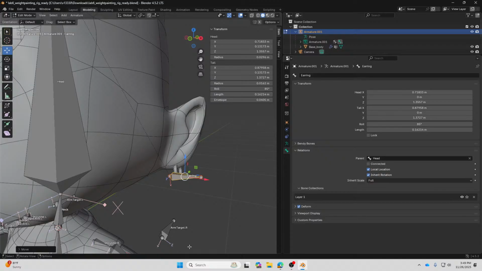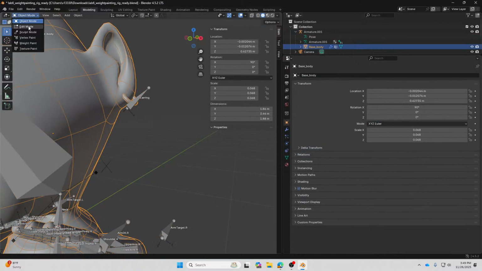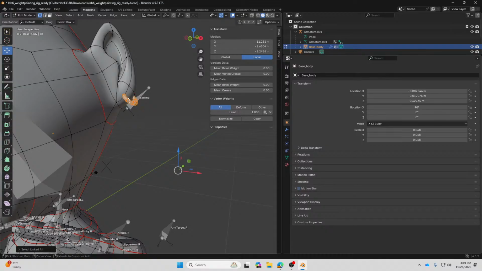Select the earrings again in edit mode. Select the earring. Go back to object, edit mode, Control L, and then what do I do?